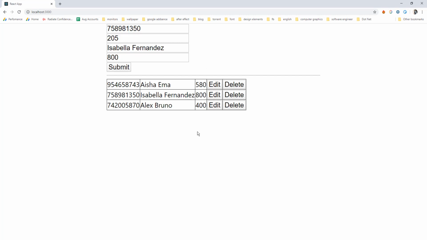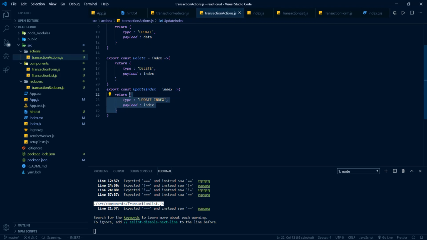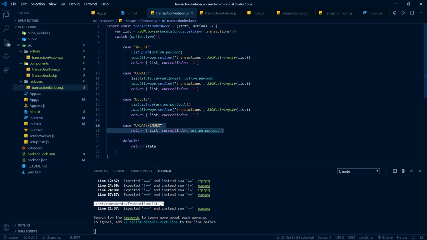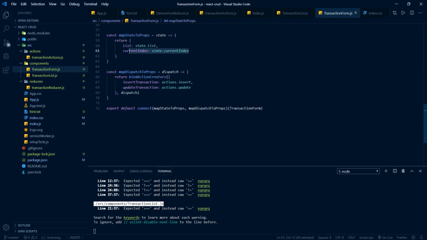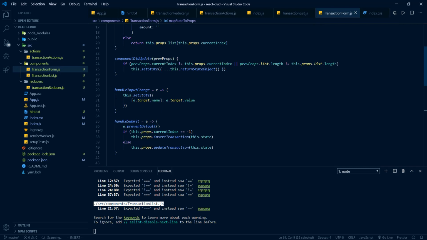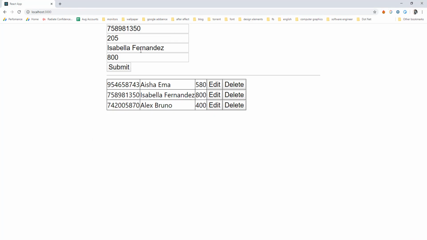Let's explain the steps involved. As per the mapping, we will call the dispatch function with the updateIndex action. So it will return an object with the corresponding index. So it will reach up to this reducer, and inside this updateIndex case, it will update the store's currentIndex. Since the current index is changed inside the store, we already mapped the corresponding current index to the component props. So it will invoke this lifecycle event. The component state will be populated with the corresponding transaction details, and hence here we have the proper details. So here we have the first record. Now let's try to